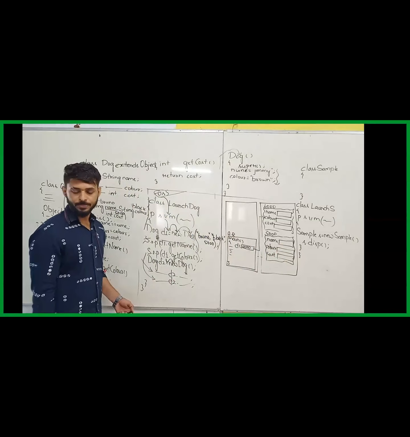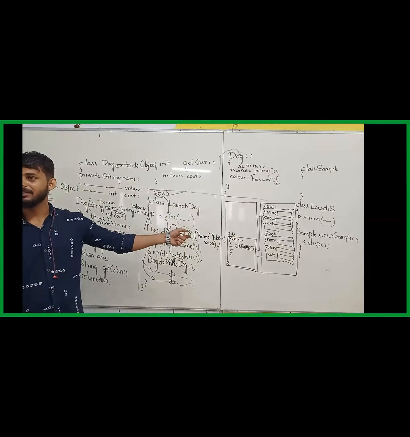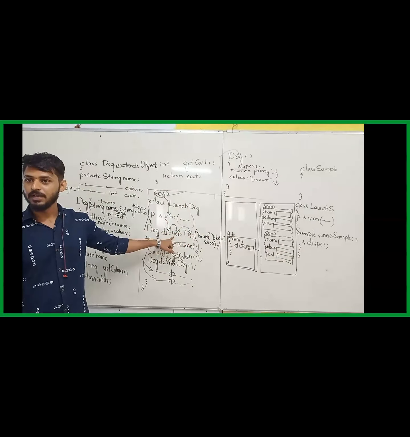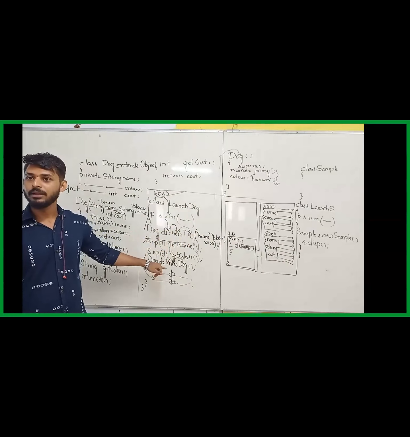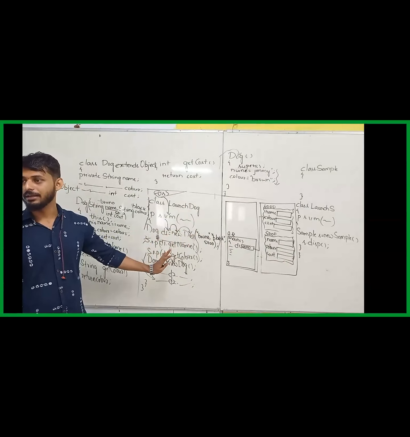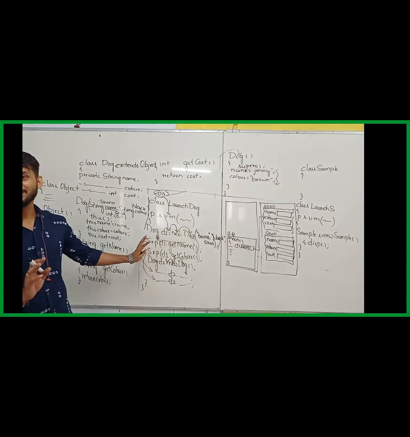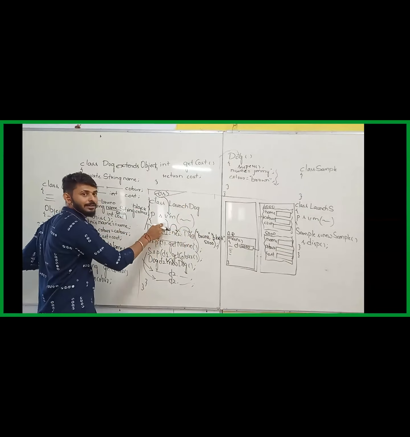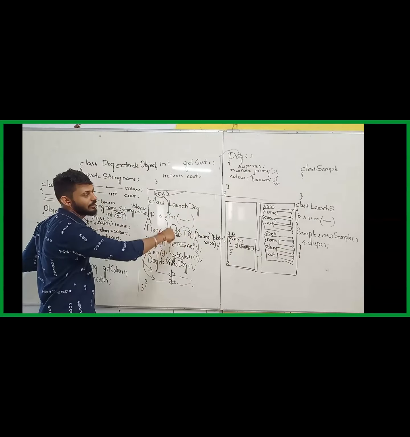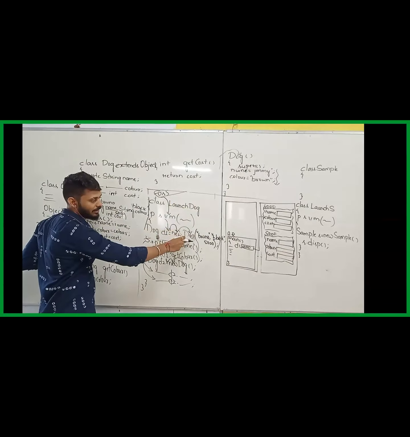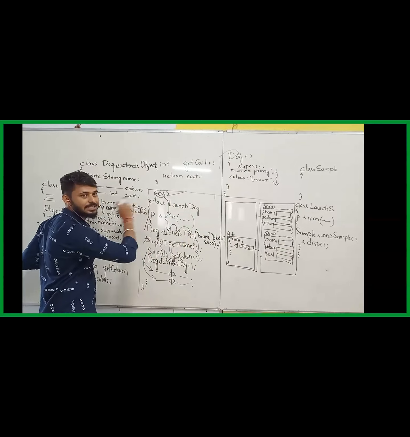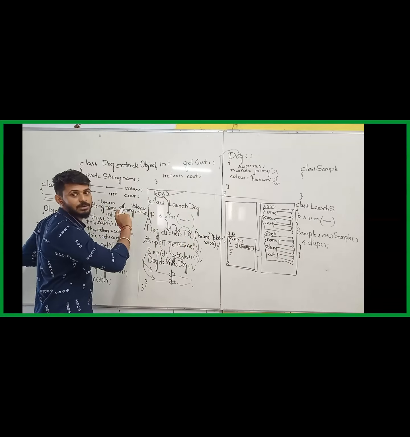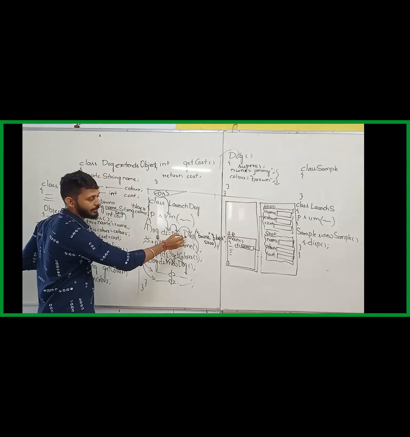However, I have directly created both the objects, but this way it will not work. First, it will work with the first one, print the output, then it will go for the second one. But I'm doing it directly because no patience to do that. Again, erase completely. So to the right side of the equals operator, a new object has been created, one address has been assigned, and then the class name. Is the class there or not? Are there any instance variables or not? If there are, allocate some block of memory for those variables, and then